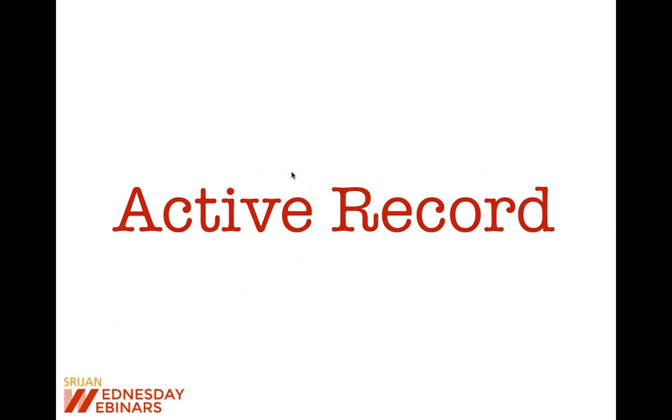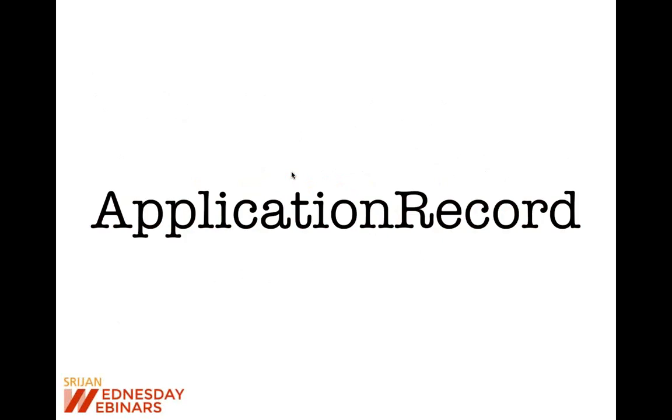So this was all about how Rails 5 has improved caching, and now we will move to Active Record. Active Record is always a big part of Rails. It helps us in communicating with the database and helps us with generating queries and stuff. So we should see what has changed in Rails 5 for Active Record. The first thing that has changed, which you will immediately notice, is application record.